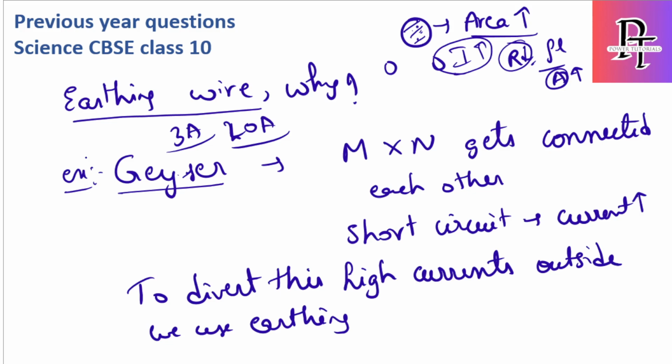So this is one of the important questions. They will ask you what is earthing wire and why it is useful. You have to say these points, and just write in 1 to 3 points: to divert high currents from the device to earth, we use earthing wire. Okay, and the second important question,